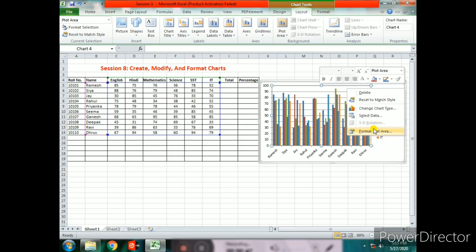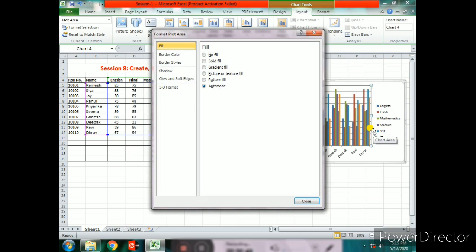Right click on the plot area and here we have format plot area. Now we can select the border color, border style, shadow, etc. according to your choice. By default the fill tab is selected.